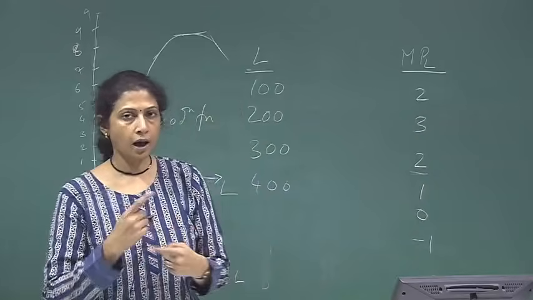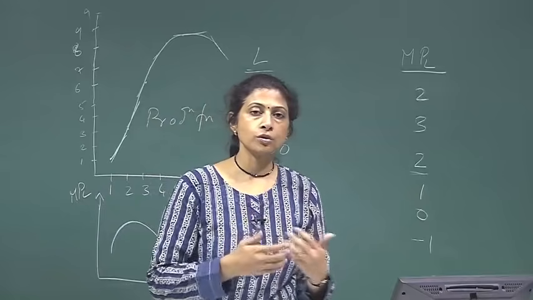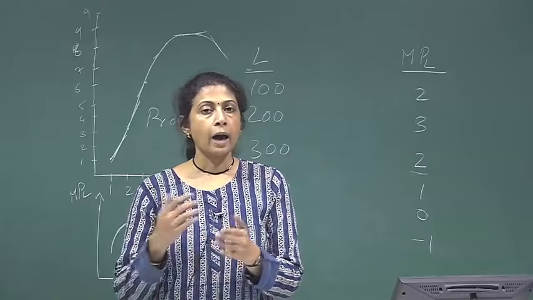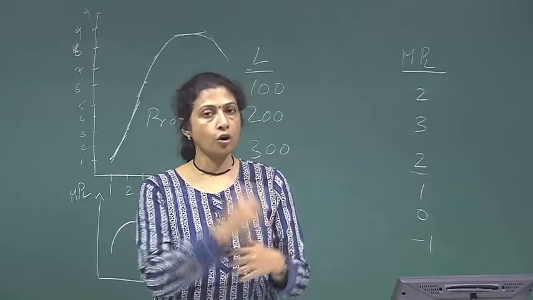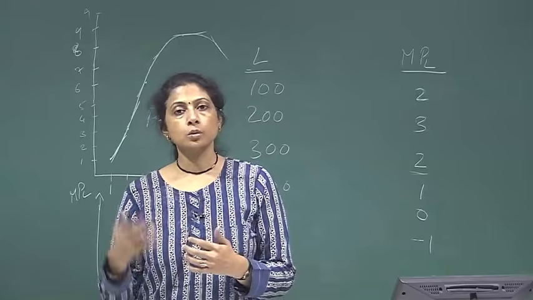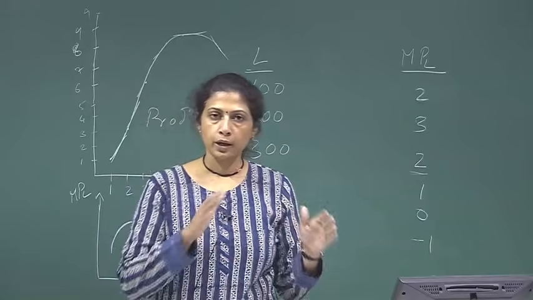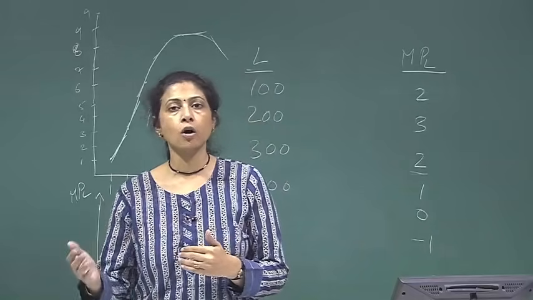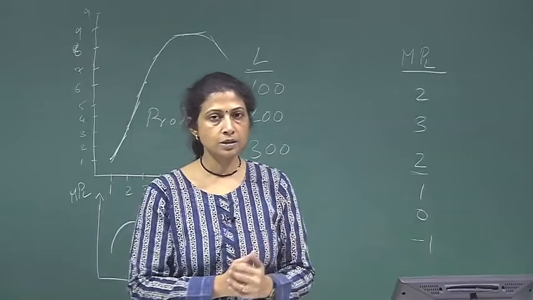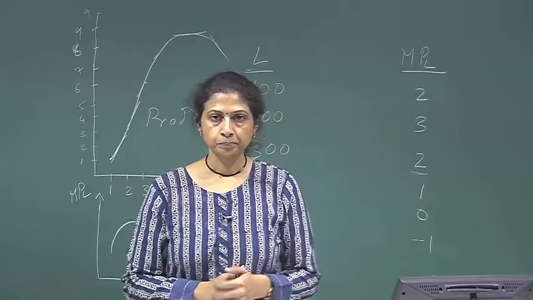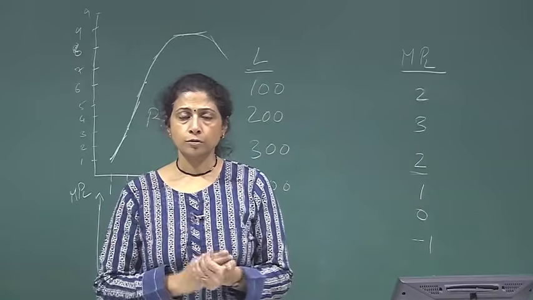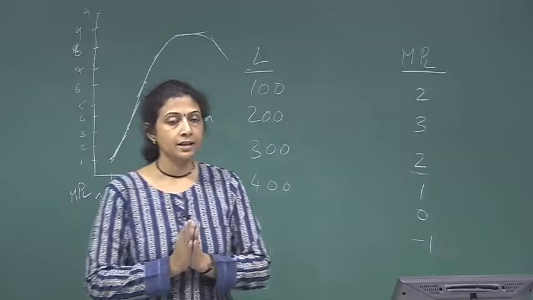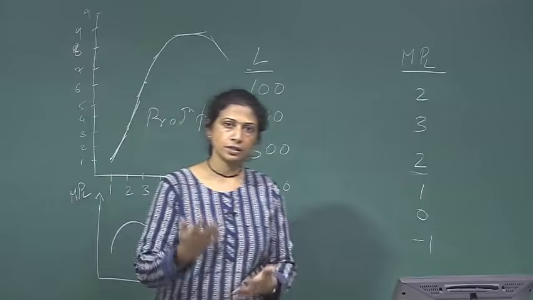He knows that if I hire one more person, I'm going to get some additional output out of him, which is the marginal product of labor at that point, but I have to incur an additional cost of hiring this person, which is the wage that I am paying. So if the output gives me a revenue which is higher than the cost I incur by hiring this person, I am going to hire this person. But if my revenue falls below that, I may not like to hire this person. The reason I said I may not like to hire is because there are other costs and decisions involved.